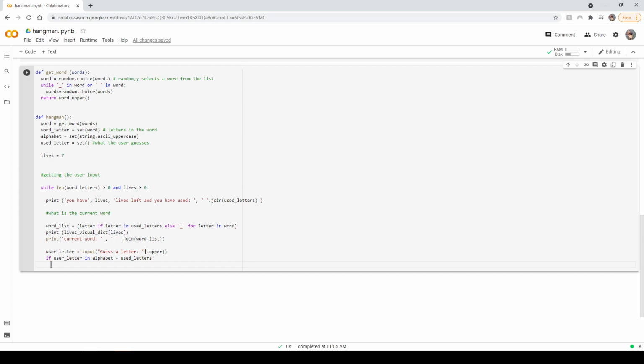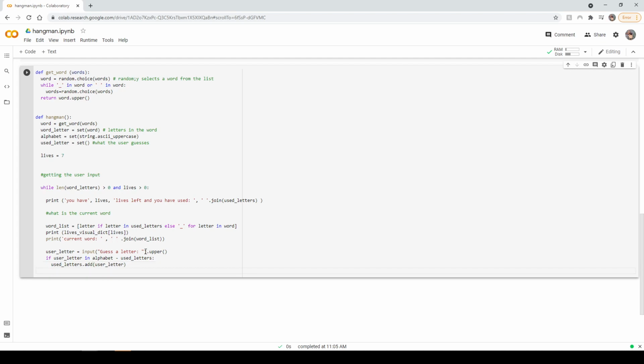We're going to add the used letters to the user letters, if that makes sense. So actually the other way around. So when the user inputs a letter and it's incorrect or correct, it doesn't matter which one it is, we're going to add it to the variable that says used letters, so it's going to keep track of all the letters we've actually used. So we're going to say used letters dot add, and we're going to add the user letter, like that, and we're going to do that for each one. And then we're going to do if user letter in word letters,